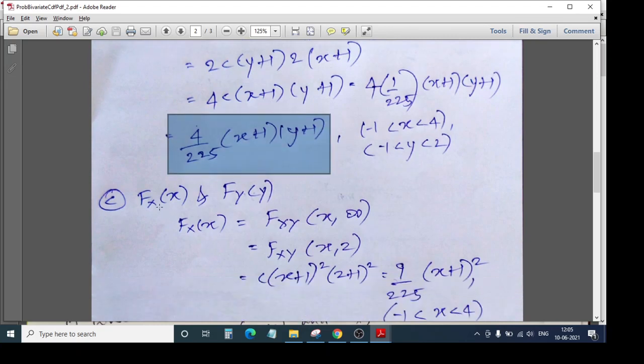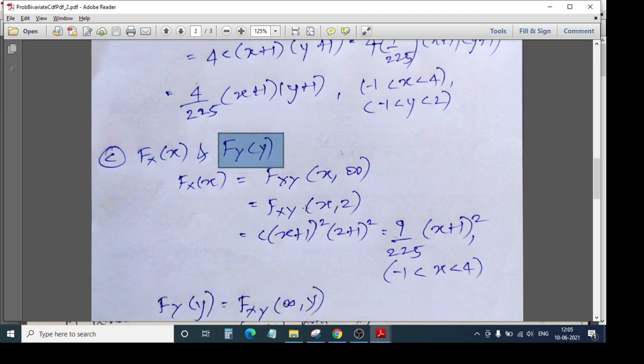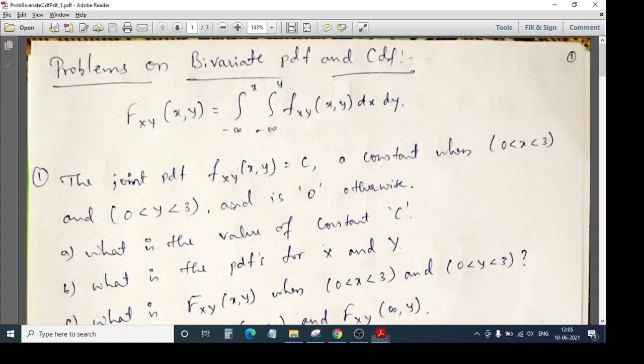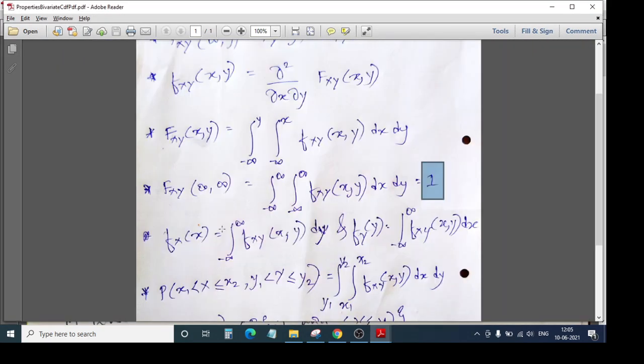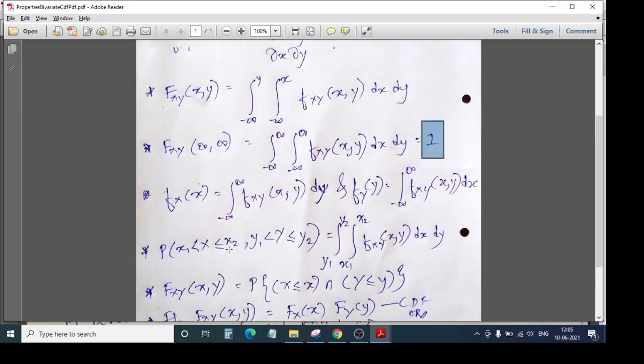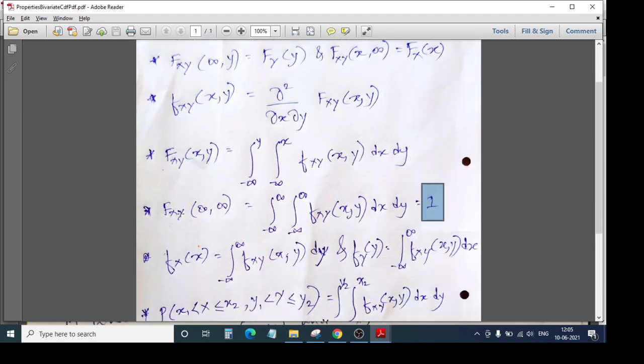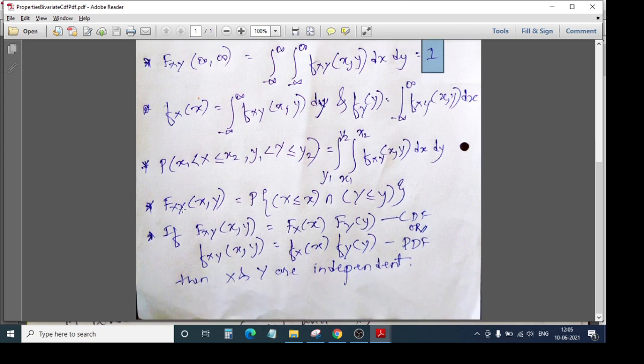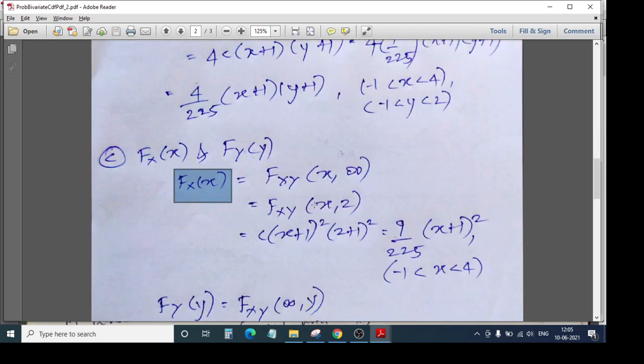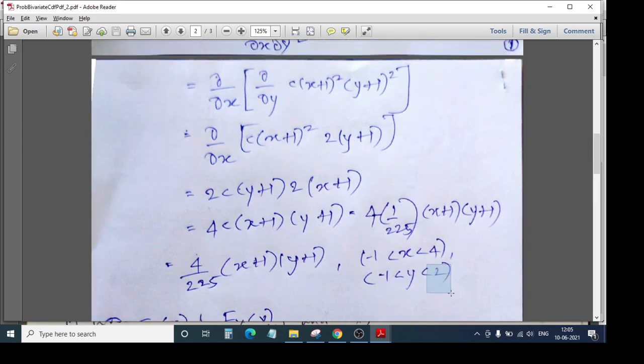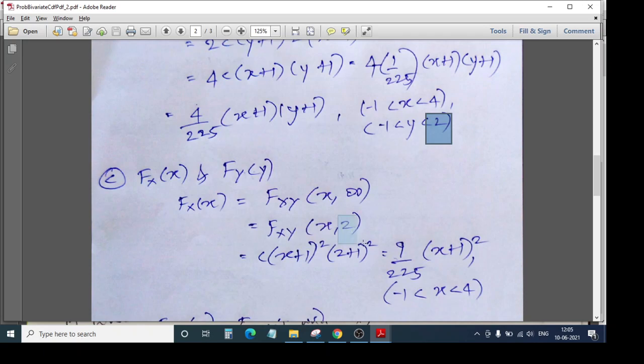Next we need to find Fx(x) and Fy(y). If I want Fx(x), again we need to remember these properties. See friends, properties are very essential. It is just one page, you need to remember these properties. We have already derived these things. So we want F(x, infinity). We use the value of x as it is, and for infinity, the maximum value of y we have is 2. So we take 2. Substituting the values, it is C into (x plus 1) the whole square, with the value of x as it is.